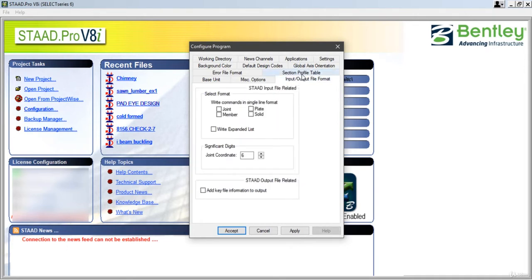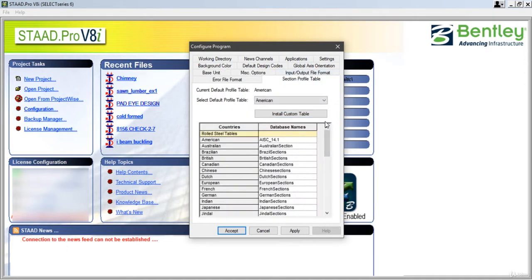After that, we can see the section profile tables that are available in the software. Here you can see American, Australian, Brazilian, British, Canadian, Chinese, Dutch, all arranged alphabetically for your consideration.